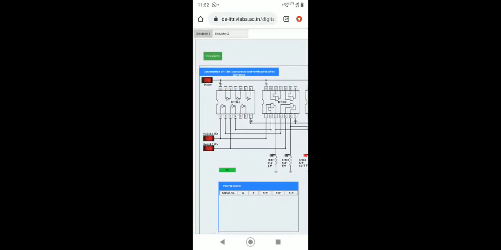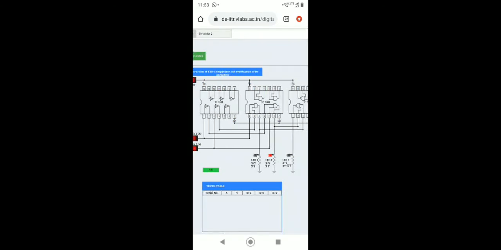Then we can see X equal to Y, and the LED glows. But if we turn off switch 2, then X greater than Y, and the LED glows. Why? Because now X is 1 but Y is 0, so LED 1 glows. If we do the vice versa, we turn off X and turn on Y, then X less than Y, and the LED glows.